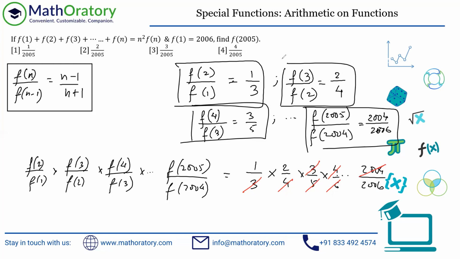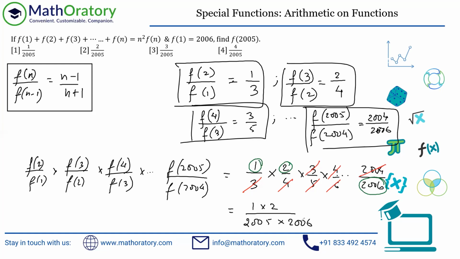How do I identify that? Very easy: symmetry. The first term's numerator and the second term's numerator did not cancel, so by symmetry, the last term's denominator and the previous term's denominator should not cancel. And these denominators are consecutive, so we don't have to actually put n and evaluate. So what we'll be left with is 1 into 2 upon 2005 into 2006. This is exactly what we're going to be left with.